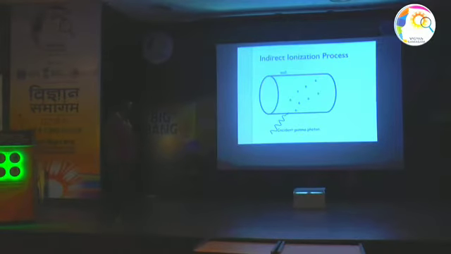Now, how do particles interact with matter? There are 2 kinds of particles. One is called charged particles, which interact with matter by Coulomb interaction, and there are uncharged particles like neutrons or gamma rays, which interact in some other way. Gamma rays interact with matter in 3 common ways: photoelectric effect, pair production, and Compton effect.